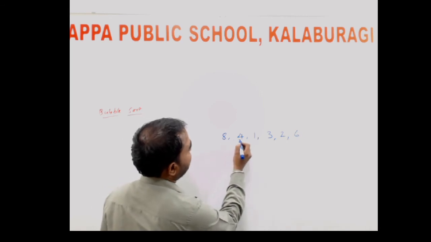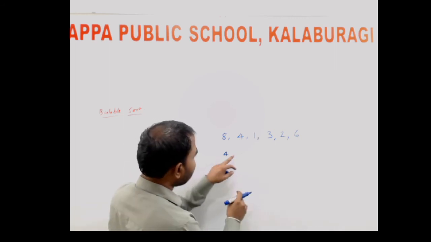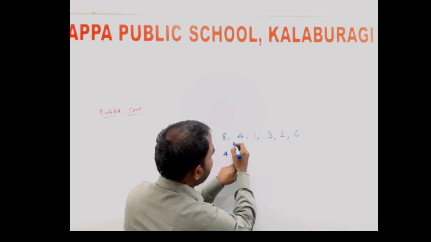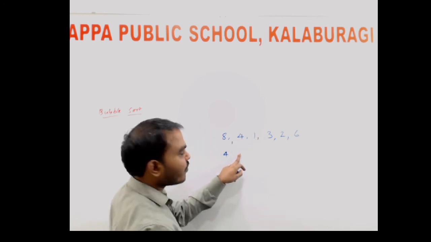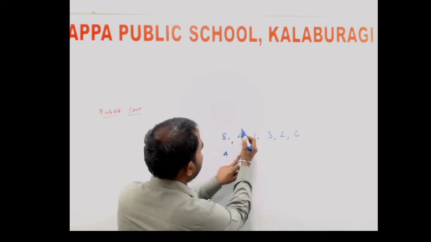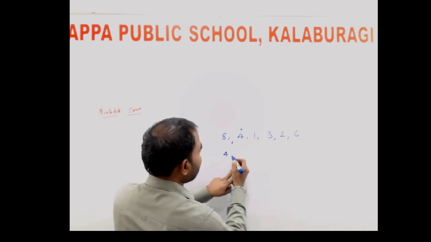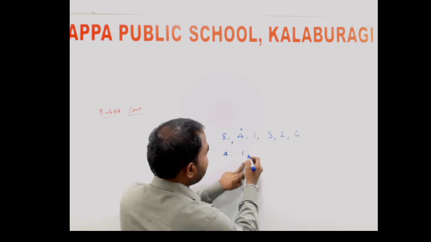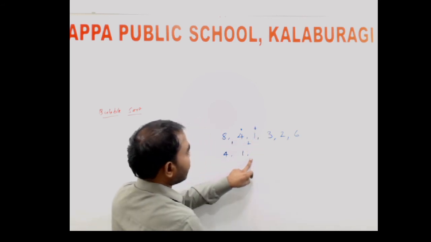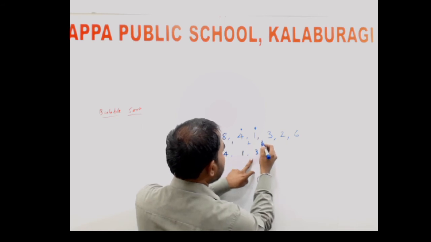First, 8 is greater than 4, so 4 is going to be shifted to the first place, then 8 will be here, right? Again the 8 is going to be compared with the 1. Now it has been swapped 1 time. For your reference I'll write here. Now 8 is here, right? Again 8 is compared with the 1. Since 1 is less than 8, 2 times we have swapped. Now 8 came here, right? Now 8 is compared again with the 3. 3 is less than 8, so we have swapped 3 times.